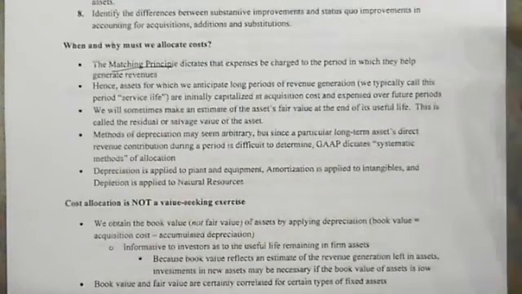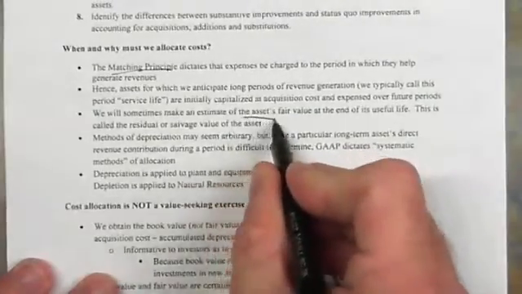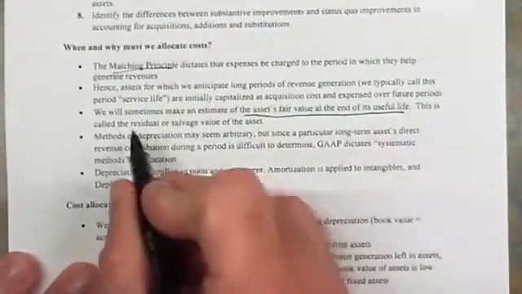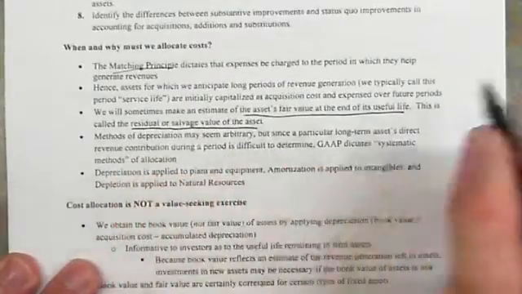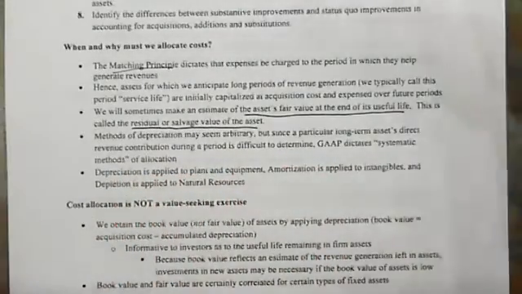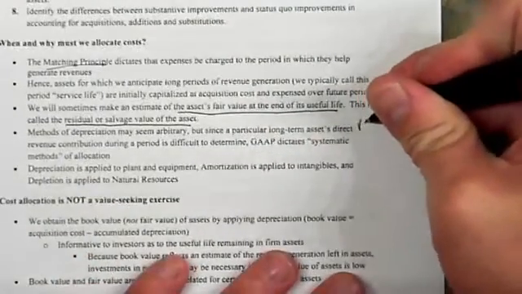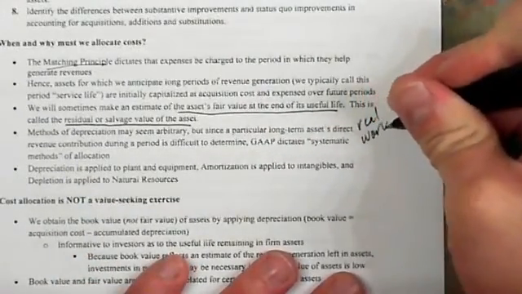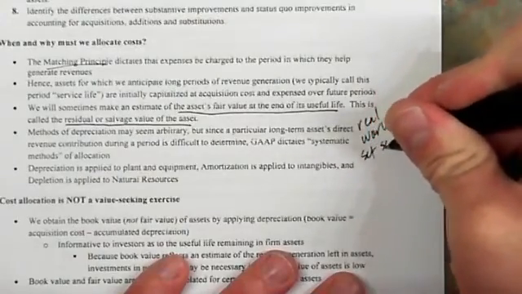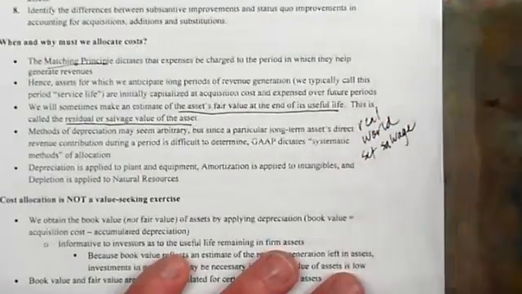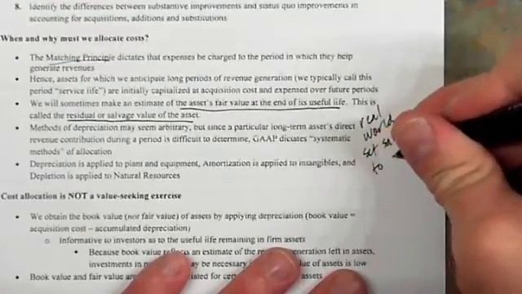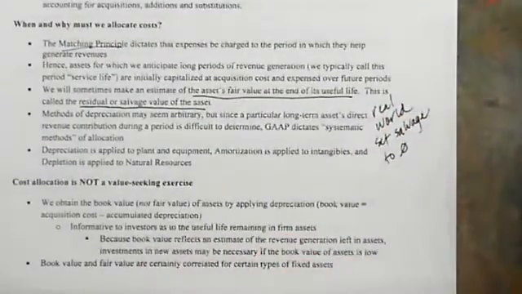We will sometimes want to have an estimate of the asset's fair value at the end of its useful life. If we have that estimate of fair value at the end of the useful life, it's called residual or salvage value of the asset. But in practice, we don't typically see companies make any assumptions about the salvage value. In the real world, most companies set their salvage to zero. And even if they have a salvage, it's not a required disclosure,